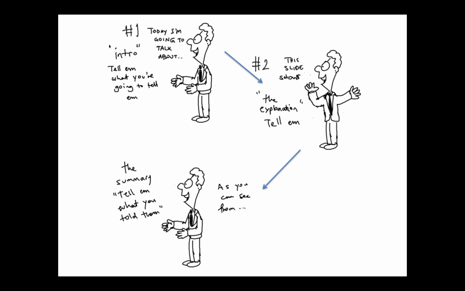The second step is the explanation. Tell them. This slide shows. And finally, the summary. Tell them what you told them. As you can see from